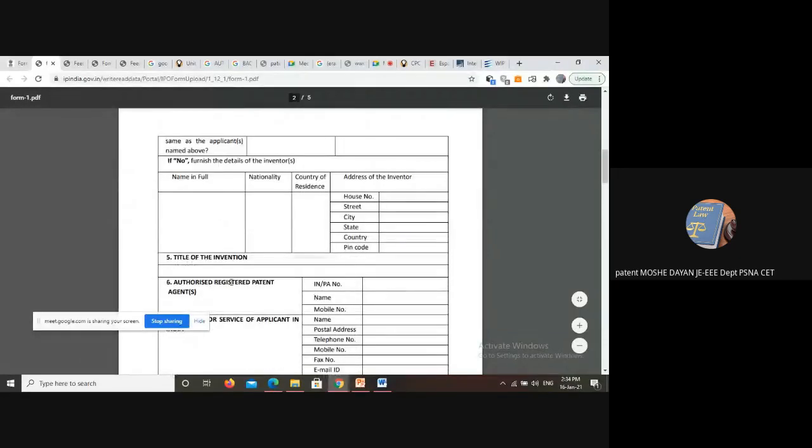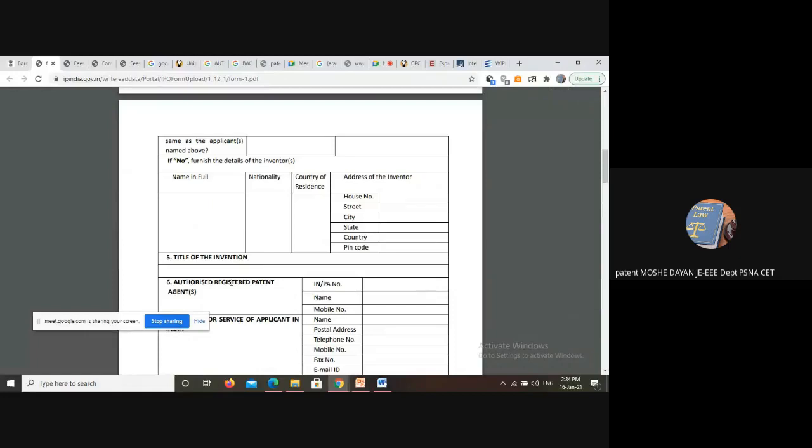And for your information, participants, the applicant holds the entire right for the patent. The applicant holds the right to cancel the patent, to sell the patent, to license the patent. The applicant is the owner of the patent. So the applicant holds the entire right of the patent. The inventor will take a share only by the terms between the applicant and the inventor. So the inventor cannot claim over the patent. The applicant has the complete right over the patent.